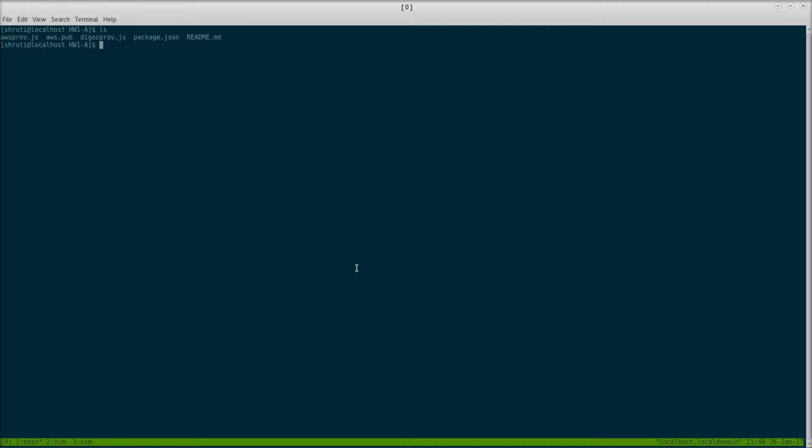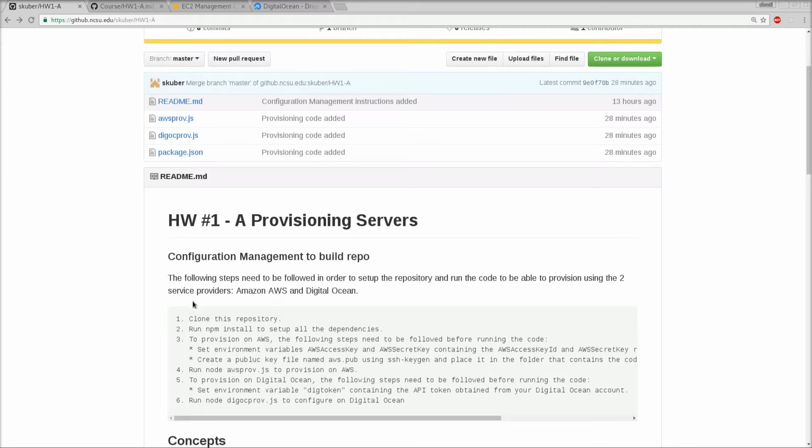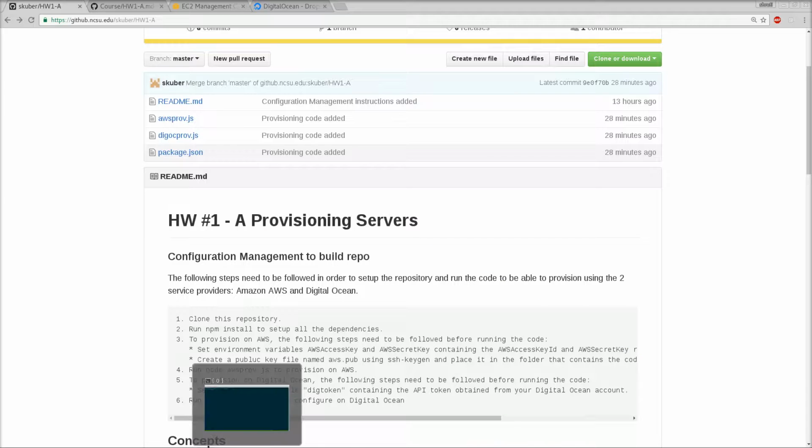We would first begin with the configuration management for building the repository. These are the steps that you need to follow. The first step is to clone the repository which contains the code for setting up or provisioning the servers. The next step is to set up all the dependencies required so that this code can run